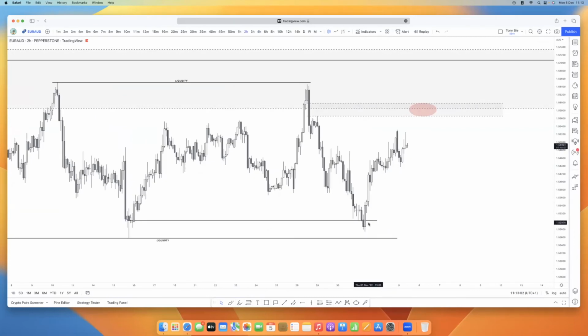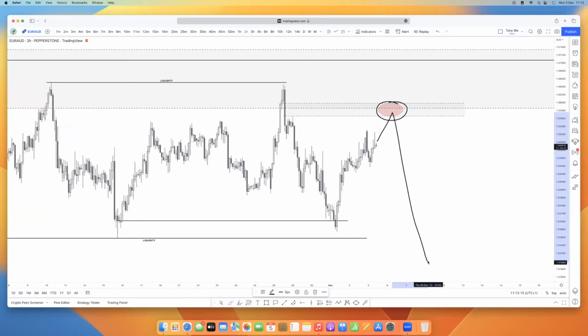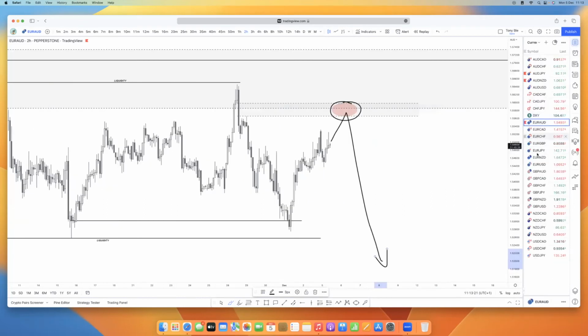That was why I went to 2 hours and I said, okay, since this has closed below and I'm in favor of price going to the downside, I'll be anticipating a push up, and then look for distribution in this area, and then we can possibly look for lower pricing to go to the downside as for Euro AUD. So that was where I stopped with the analysis. I've not done the rest to the downside. So maybe when I'm back, I'll check a few more and then post in the group for you guys.